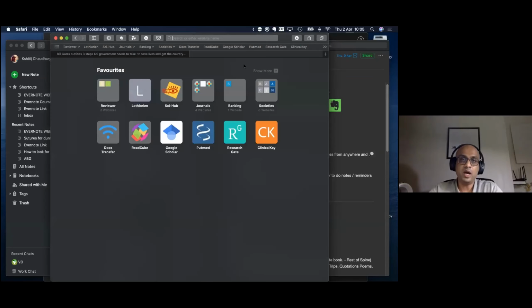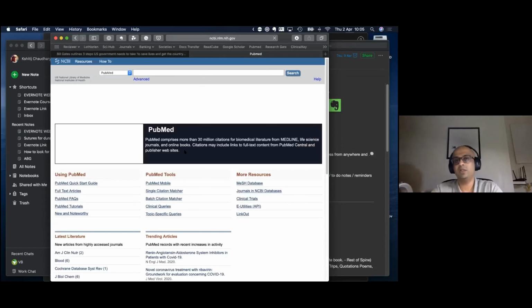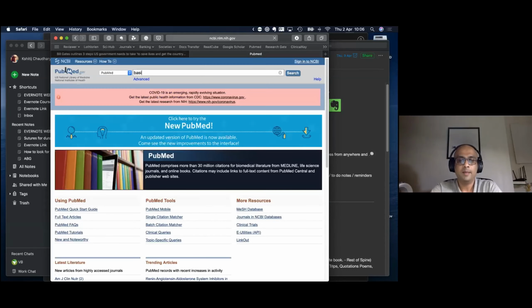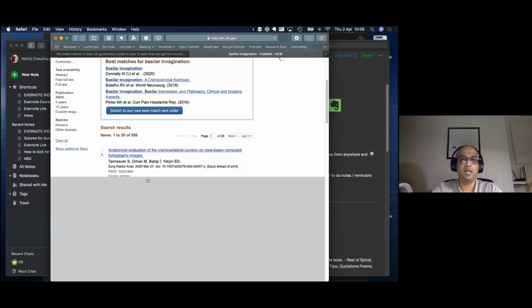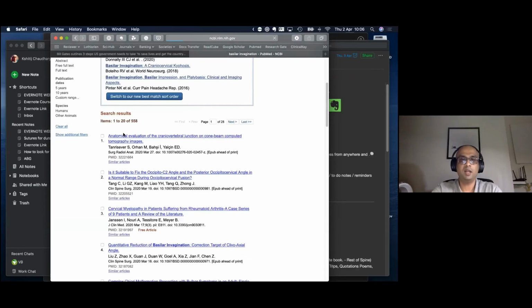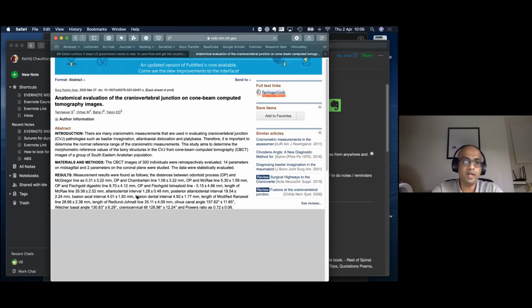Let's say you are in PubMed, you are researching on a topic and collecting abstracts. You are just going through PubMed randomly and collecting abstracts, say on basilar invagination. Let's say I'm doing research on this, and preliminary, the first thing I want to do is see what is there about this topic somewhere. And I'm going to pick this article here, and maybe I should save it somewhere so that I can see if I can get a full text about it later.